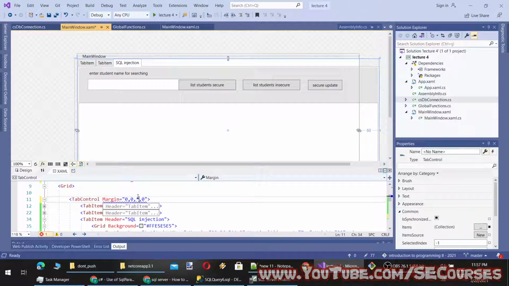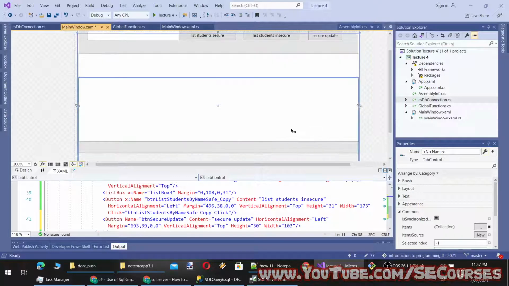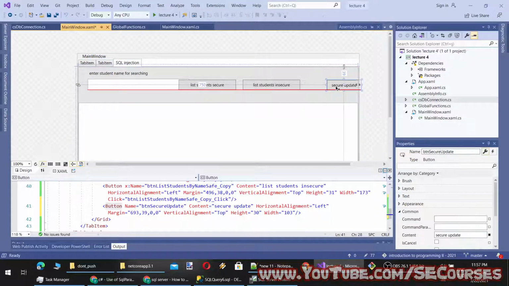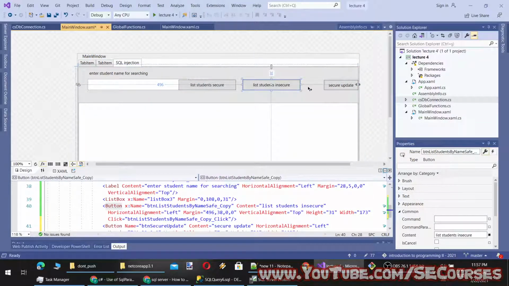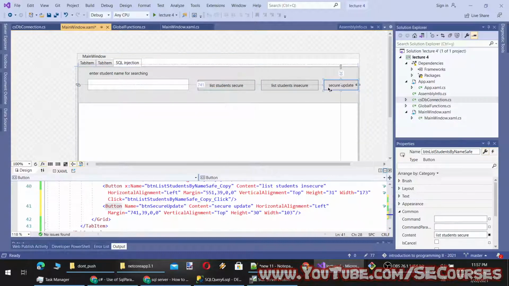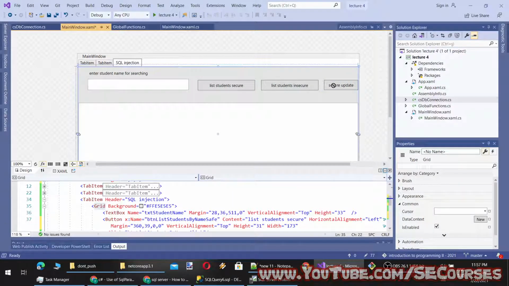So let's remove it. You see, when you define things with margin, they are automatically scaled according to your screen size or other elements. So let's move them here. I don't show you much about interface design because it is something that you should learn yourself.